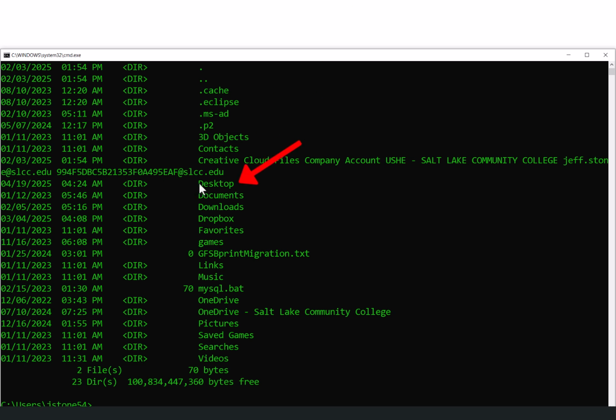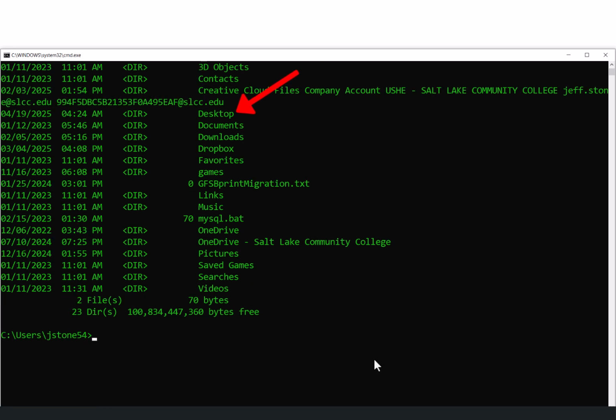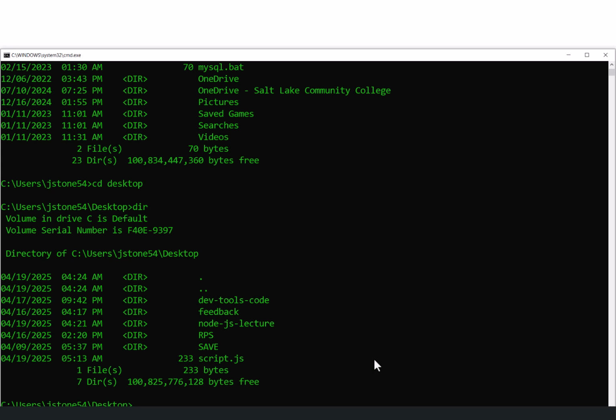And you can see there's the desktop is inside of my JStone folder. So I just have to find wherever the file is. So in my case, cd for change directory to desktop. And now I'm in the desktop. And if I dir, I can see there is that script file right there.